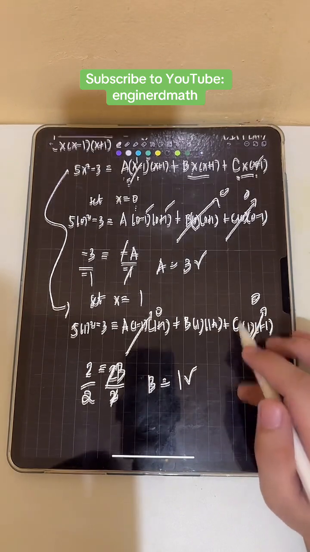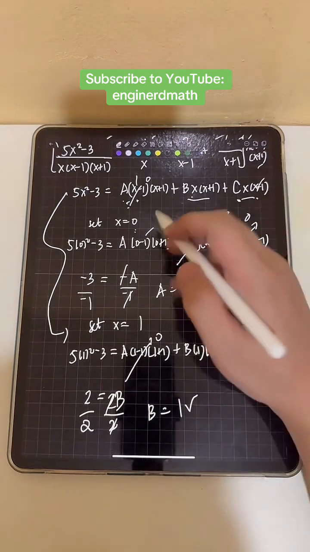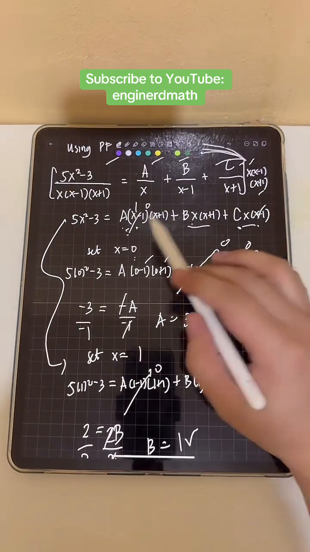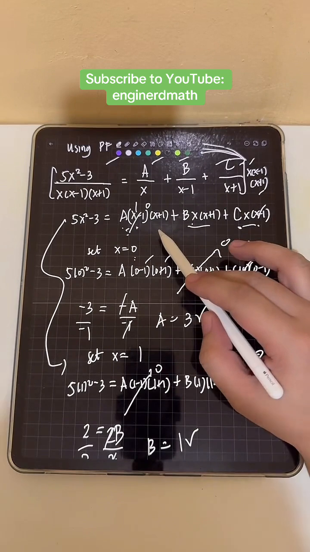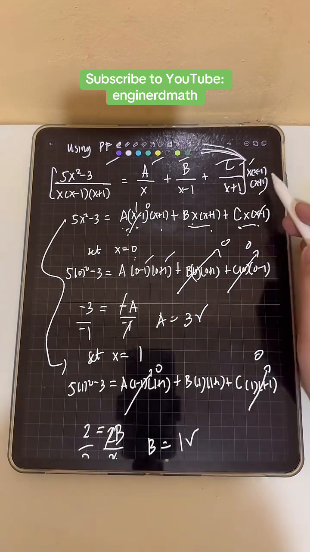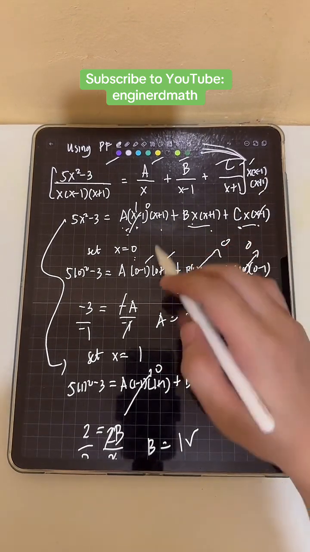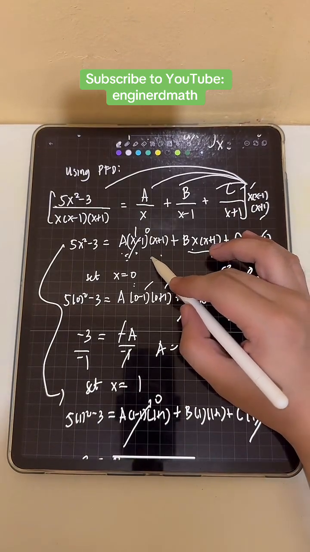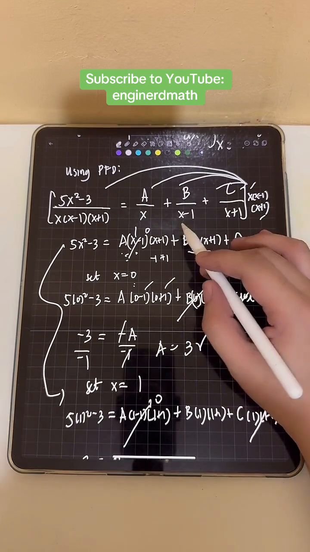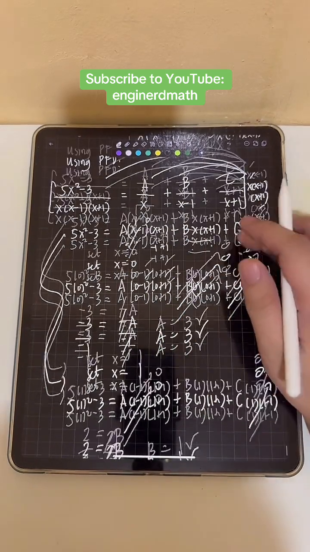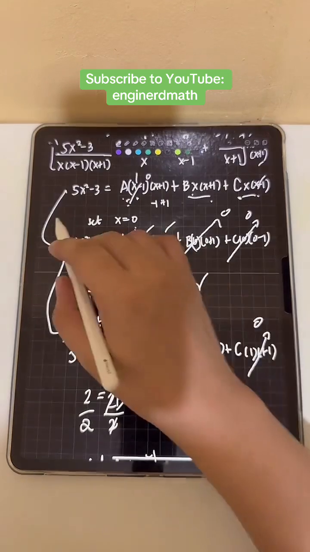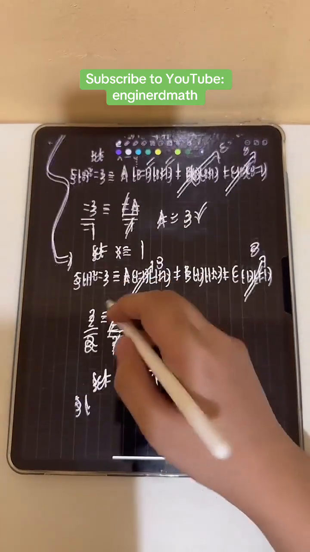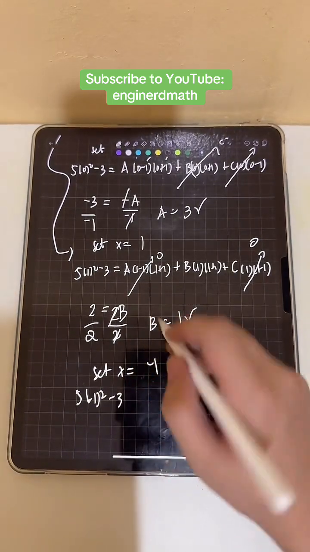Next, last for the value of c, we can set x this time equal to what? So notice this time b and a have a common factor of x plus 1. So we can set x equal to negative 1, right? Since if you plug in x negative 1 in x plus 1, negative 1 plus 1 is 0. So a and b will be eliminated. So we substitute negative 1 again for every x in the equation.